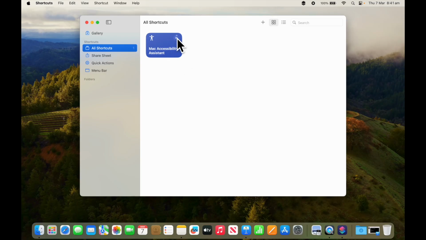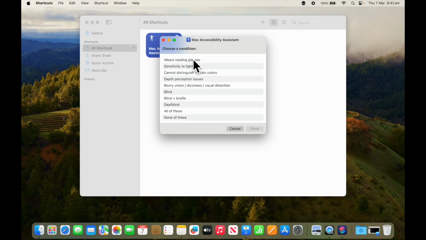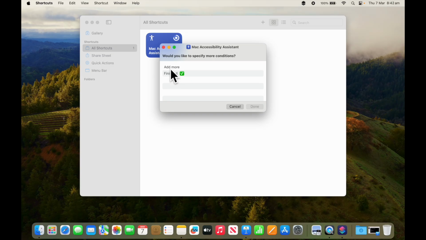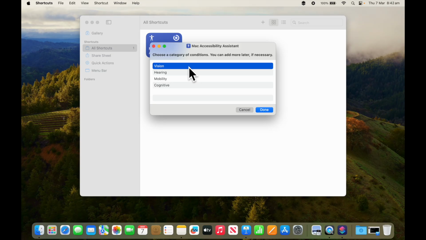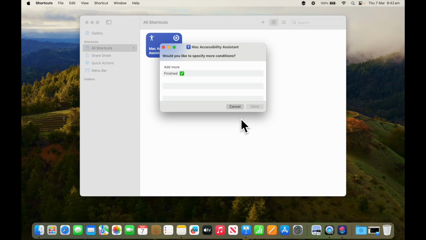If I press play, it's going to run me through a little tutorial. It's going to say, Paul, tell me the kinds of things that you might need support with. For me, I've got some vision impairments. I don't have great eyesight, so I'm going to click vision. I'm going to say that I wear reading glasses, and I'm also sensitive to light, but we might come back and do that. So I'm going to press done, and then I'm going to press add more again. I'll do the vision. I'll press done. This one I'll do sensitivity to light, and I'm going to add one more,